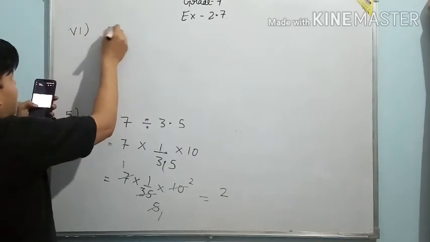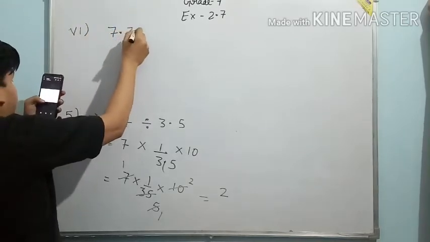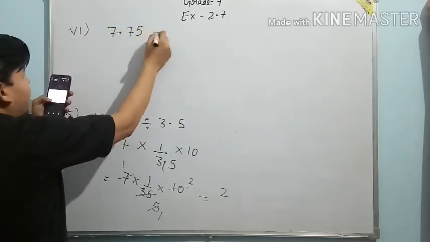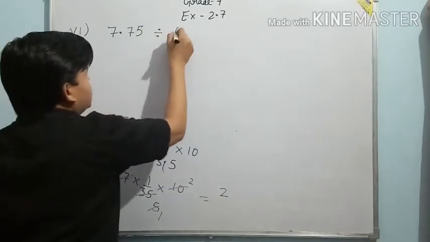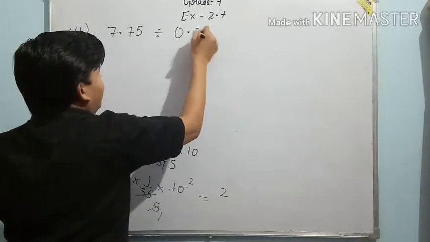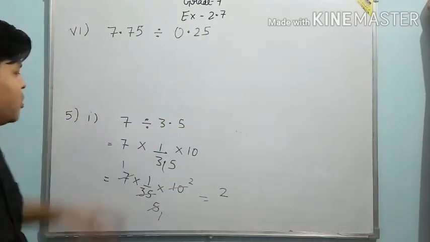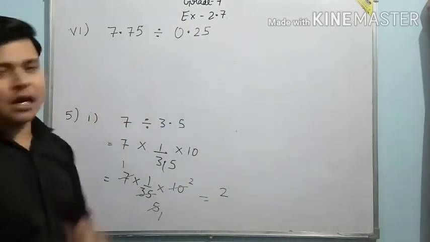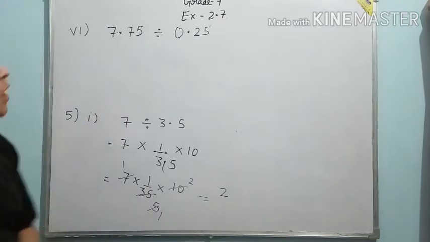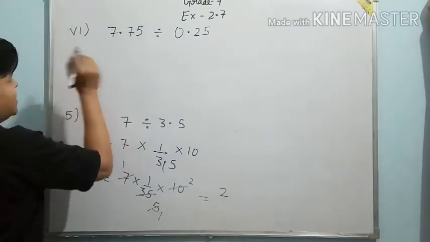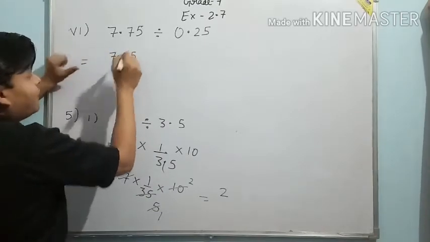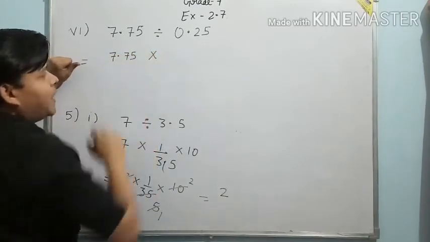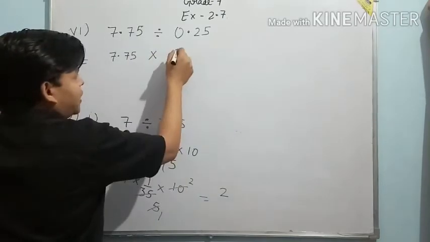The method is the same for all the questions, but I'm taking different numbers, like 7.75 divided by 0.25. Why have I taken this example? Because in this case both the numbers are decimal numbers. So how to do that? Once again, first number as it is, 7.75, divide will become multiply, and for this we will write 1 upon